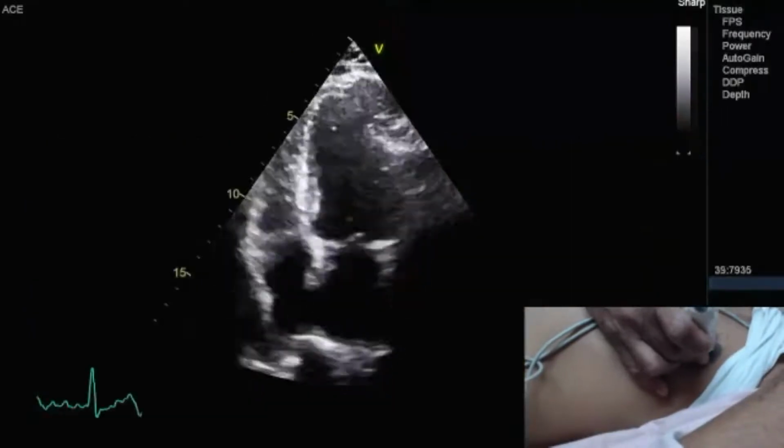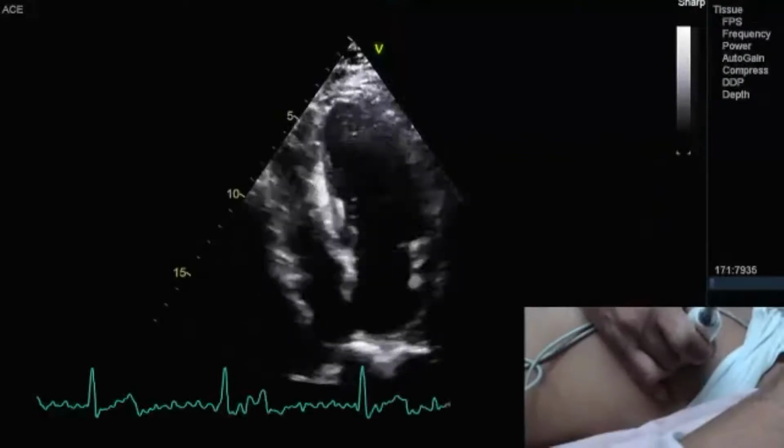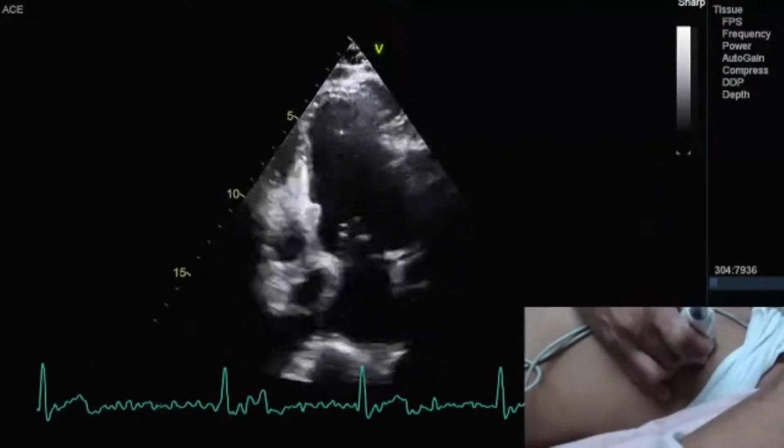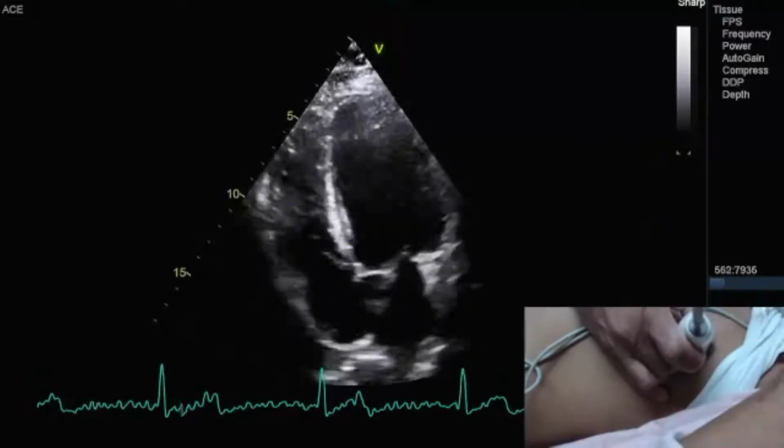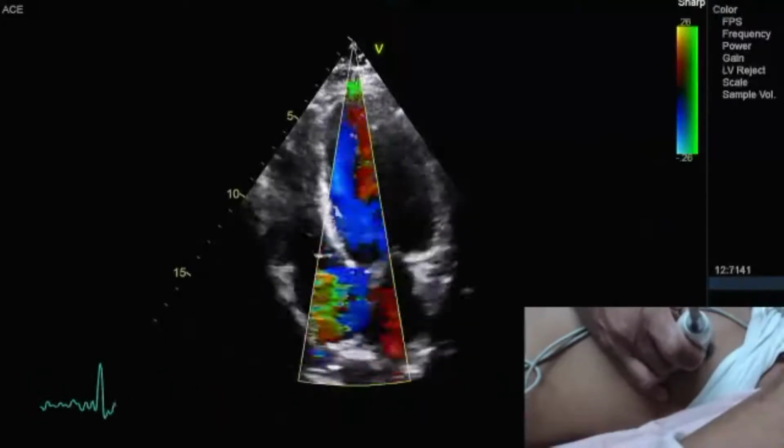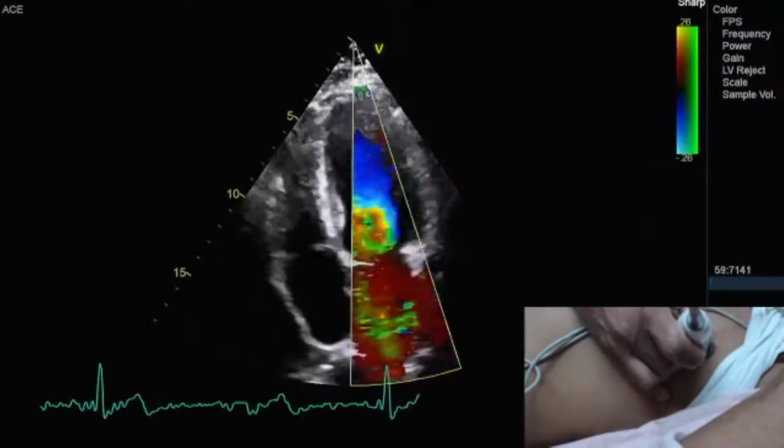Anyway, can't see in this patient, but obviously we can sometimes see a systolic flow in the mitral flow also, showing a double wave of a diastolic flow. I'm trying to show it again and again. Yes, I think I'll be able to show this time.